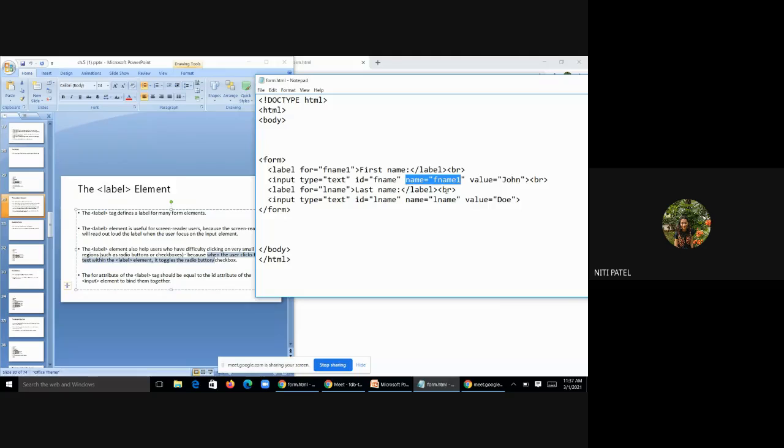If they are not the same, the label will never understand what the text field is, and the text field will never understand what the label is. Why? Because they both are correlated through a common field called name and for. Is this understood up till here?